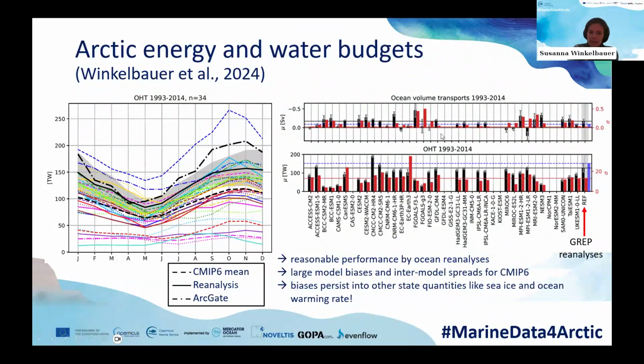The seasonal cycles are to the left, and to the right we can see long-term averages. The black bars are always the long-term averages, with heat transports in the bottom and volume transports in the top for different models. The last black bar shows the mean of the GREP reanalysis, and the blue bar shows the observations. To the left, the black line shows the mean of the GREP reanalysis, the black dash-dotted line is from observations, however over a shorter time period, and the colorful lines show the